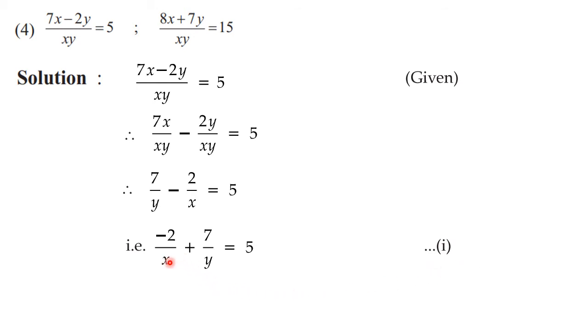Okay, now in the previous one we got directly the linear equations. Now here we didn't get the linear equations directly. We got 1 upon x and 1 upon y. So immediately you should understand that we should go for substitution now. Okay, the second equation also will be in the same form and then you have to go for substitution and then you can solve it. Now let us go for the second one.